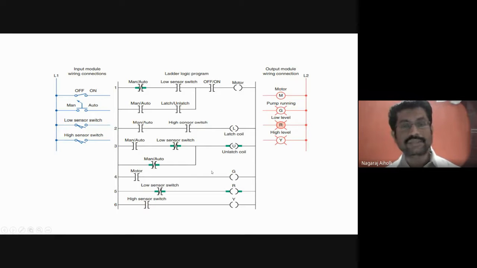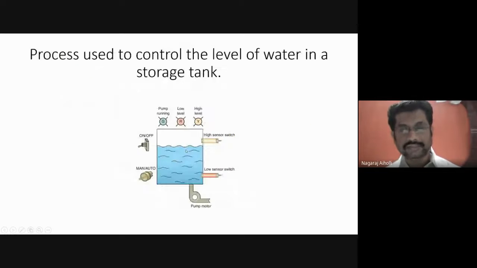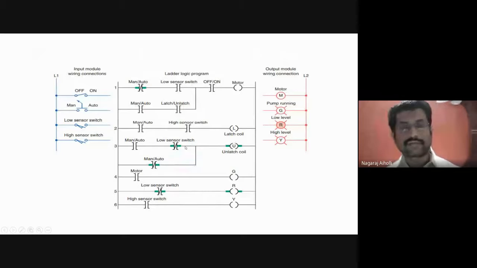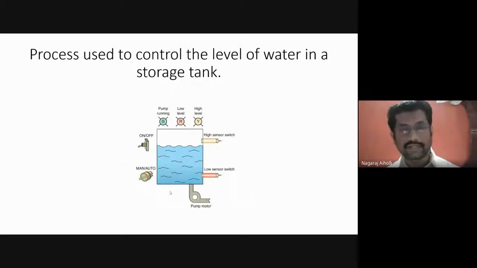Any difficulty here, students, in this ladder diagram? If you understand the process here, it should be written according to this process. Whatever the problem, whatever the process, accordingly the ladder rung diagram should be drawn. Just go on analyzing here. First, it is at low level. Then, when it is at low level, the switch for low level, that is red, should be activated, and the low level sensor should be activated. Then the status will be latched at the initial condition.